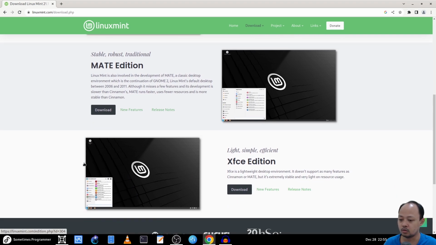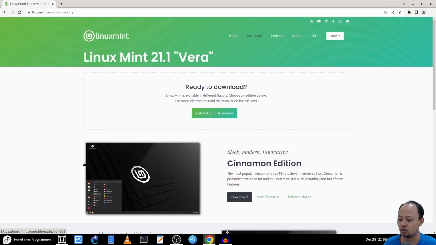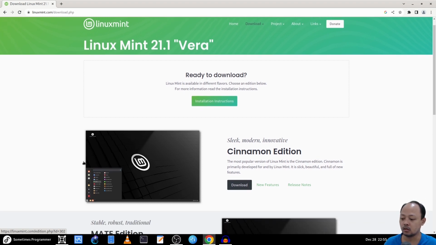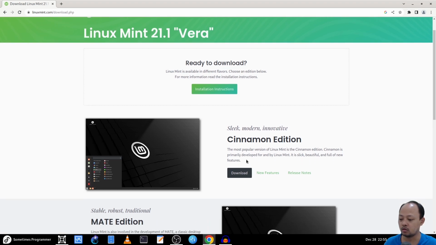But in this video, I will try the one with the Cinnamon desktop environment, where Cinnamon is primarily developed for and by Linux Mint. So I can say this version is the default version of Linux Mint. Correct me if I'm wrong about that.